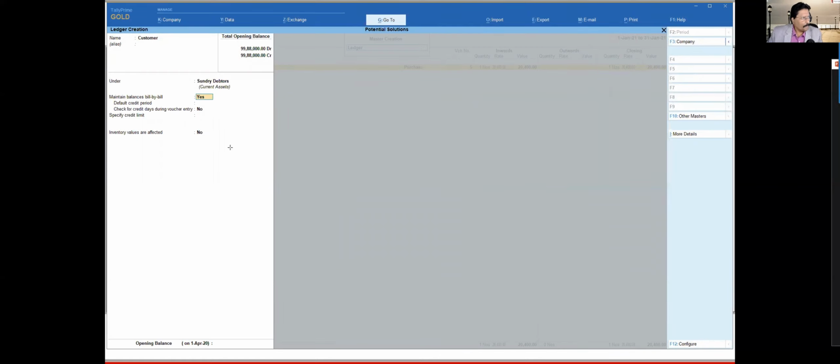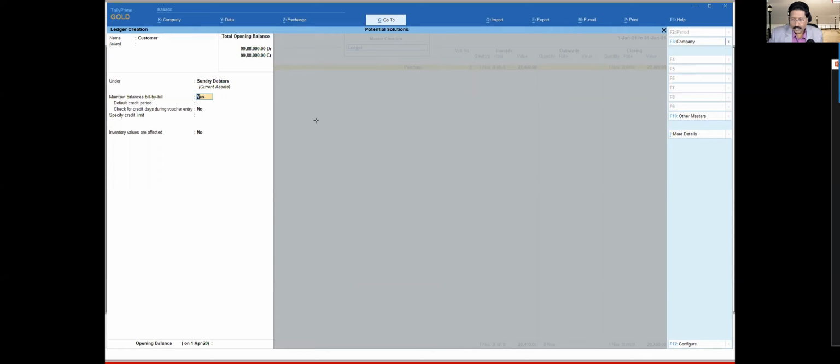Right now I don't have the additional information of the party detail, where I can capture the state and the other things, right?